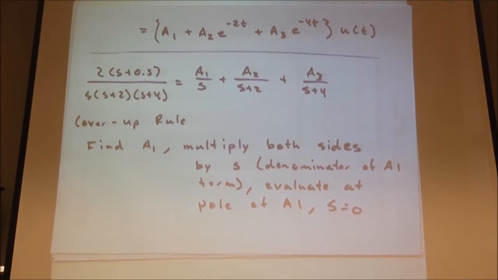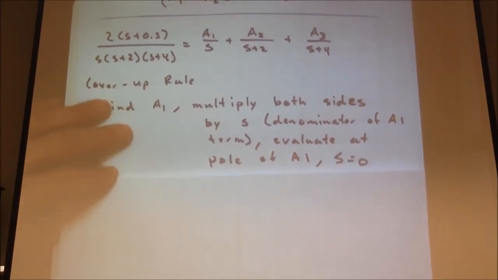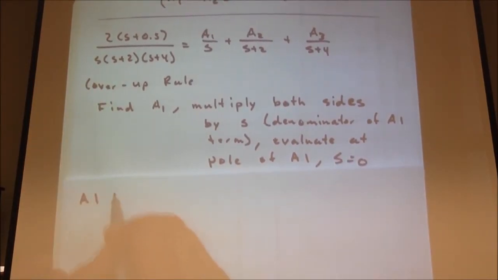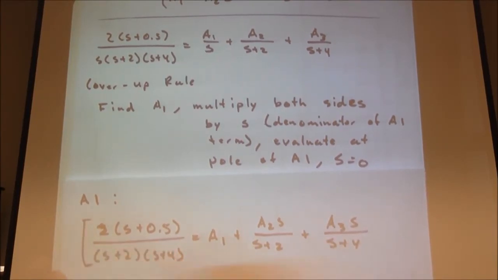So we evaluate at that pole. Hopefully you agree. This winds up being S plus 0.5 over S plus 2, S plus 4 equals A1 plus A2S over S plus 2 plus A3S over S plus 4, all evaluated